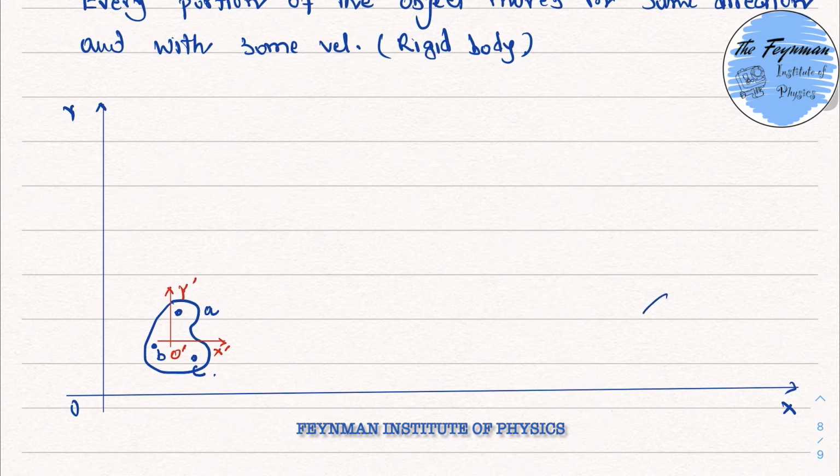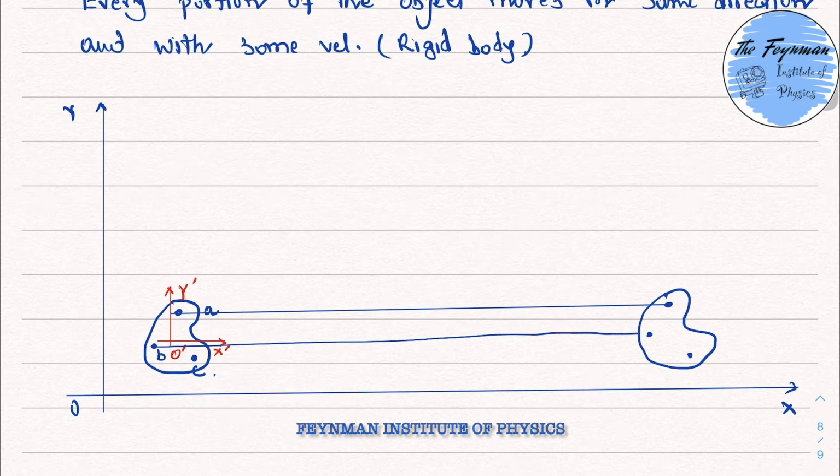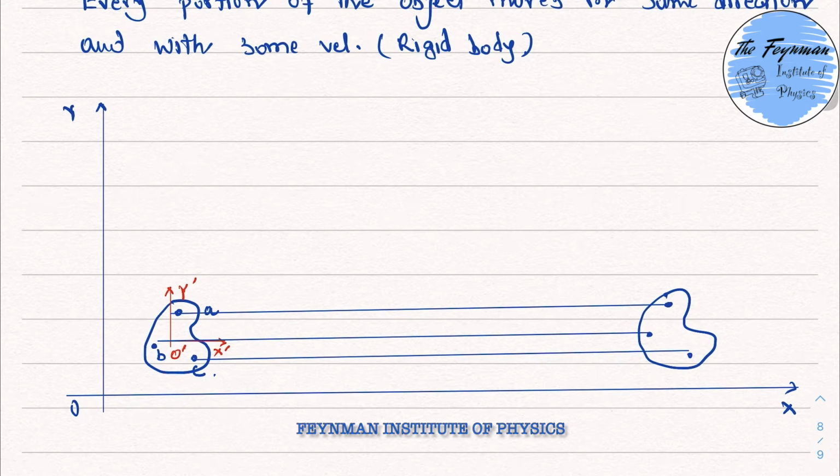Now suppose the body moves from here to here in such a way that all of its constituent particles like A, B, C move the same distance in a given time, and also the coordinate frame attached with the body remains parallel to the external reference frame, that means the main reference frame OXY. Then this kind of motion is known as